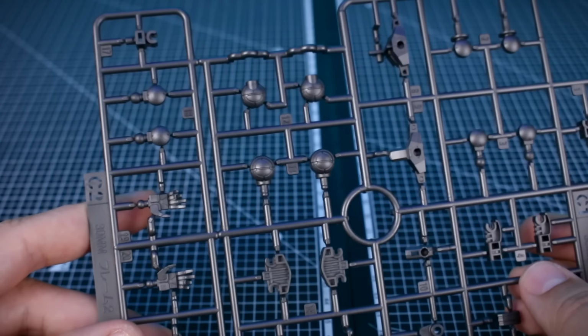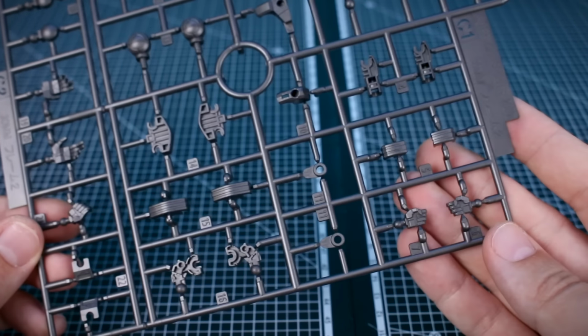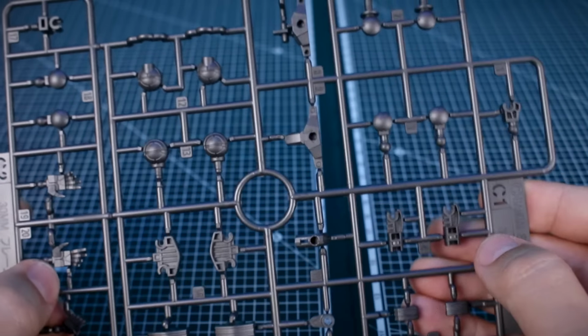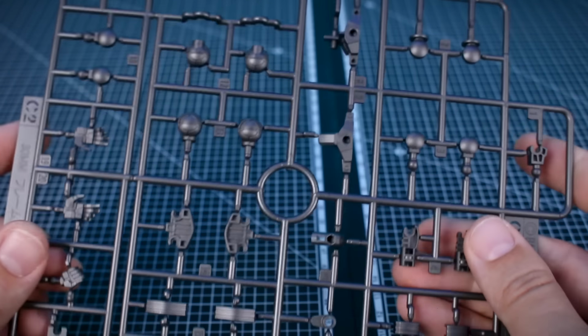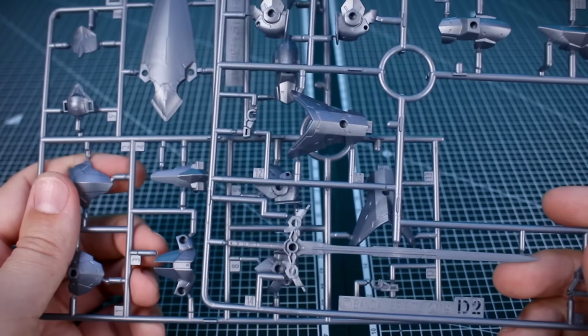Runners C1 and C2 joined together here are going to be our 30 Minutes Missions frame 2 runner, so a familiar runner obviously, especially for the different Spinatio types, but this one is molded in a nice gunmetal color there, a darker molded silver. And then runners D1 and D2 are going to be some more molded silver parts here